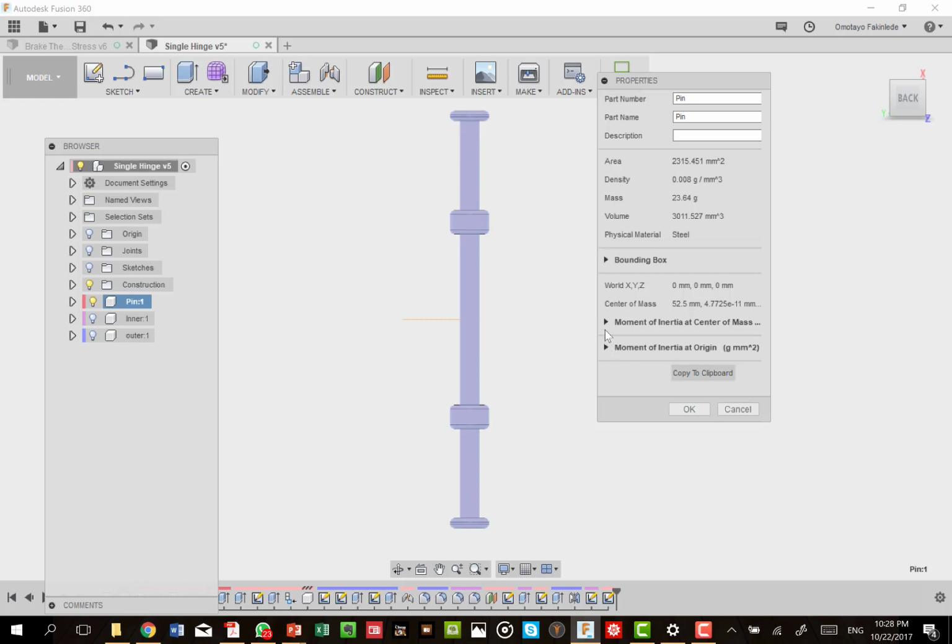And this, if we open this tab, you will get these 9 components. That's the moment of inertia at the center of mass, because there are 9 components for the moment of inertia. That immediately tells you that the moment of inertia is a tensor quantity consisting of 9 components. And it turns out that this particular tensor is symmetric, because you can see that Ixy here is equal to Iyx and so on, and there is symmetry across all the non-diagonal elements.